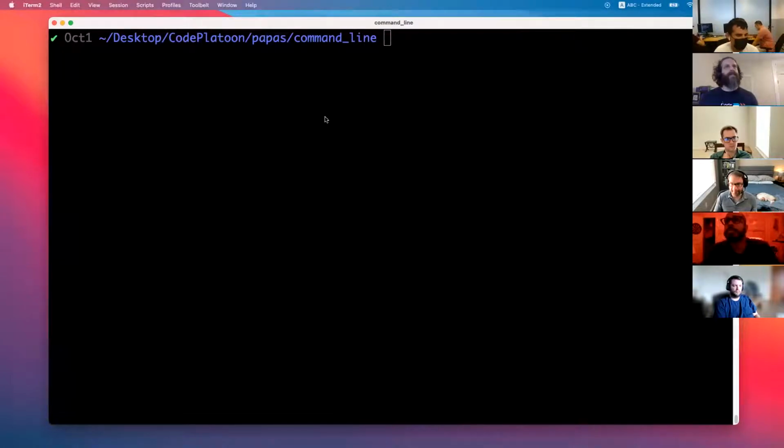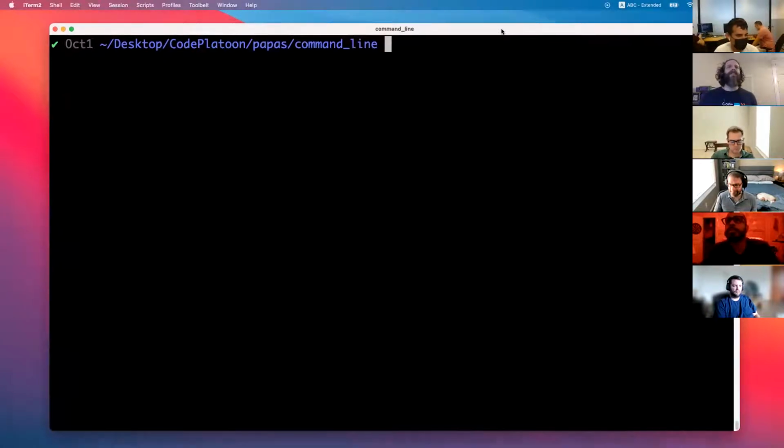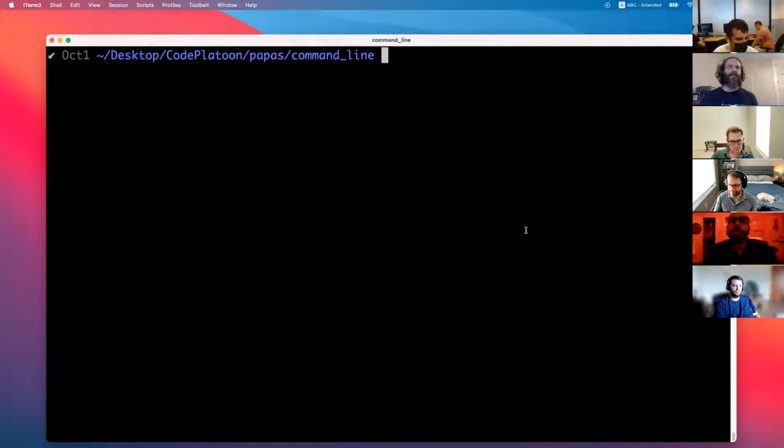So here I am. Your specific command line may look a little different. I have a couple things in my bash profiles. We've just set up our bash profiles, or we've started that process. You can customize yours. You can do whatever you want with it. So don't worry if this doesn't look exactly like yours, but it should look similar, at least by the time you're done with install fest. So here I am on my computer.